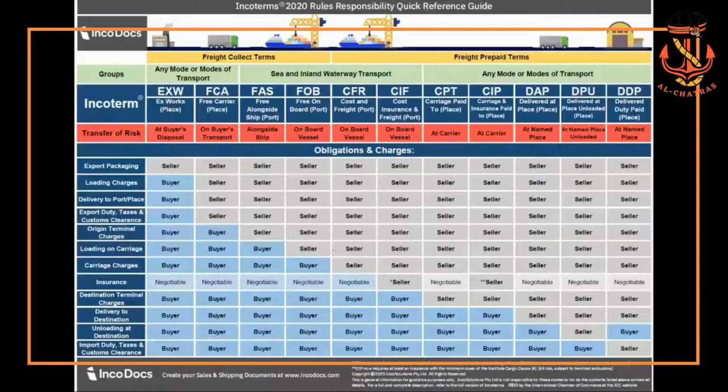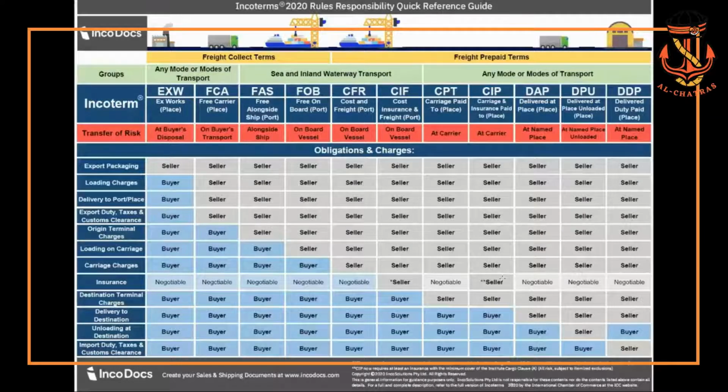If the seller agrees to pay for the cost of freight and carriage, then they can choose to sell the goods on CFR, CIF, CPT, or CIP Incoterms. Note that CFR and CIF are similar Incoterms that cover sea and inland waterway transport. If the seller agrees to cover the cost of insurance during international sea freight, then they can sell on the CIF Incoterm. CPT and CIP are similar Incoterms that relate to any mode or modes of transport, where the seller will agree to pay for the destination terminal port handling charges. If the seller agrees to cover the cost of insurance during transport, they can sell goods under the CIP Incoterm.